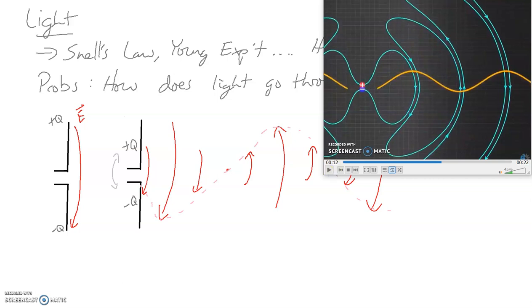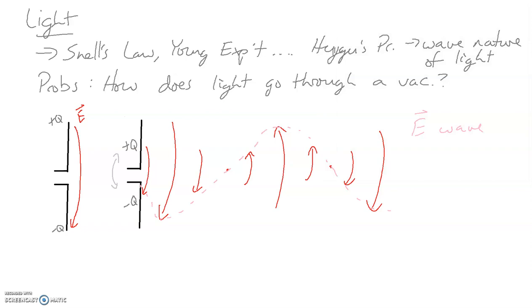All right. Now, you guys have worked with electric fields for a while now, and you've done different things. But one of the cool things about electric fields is they don't need a medium. I mean, you can put electric fields through a medium, but you don't need to. So you've actually created a type of wave that doesn't require a medium to exist. And so this can help to answer the whole question of how light goes through a vacuum, because you actually now have a wave, no medium required, that can permeate through empty space, vacuums, whatever you want,